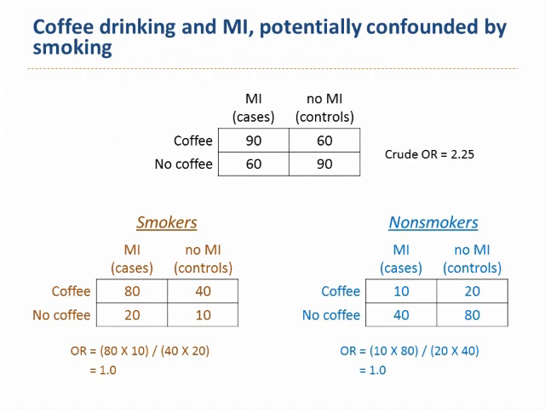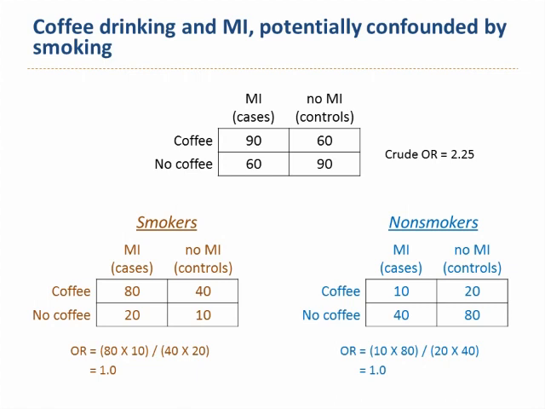So again, let's illustrate this with an example. Returning to our example of coffee drinking and its relationship with myocardial infarction risk, we see that in our crude analysis, comparing cases and controls based on their coffee drinking status, we have a crude odds ratio of 2.25. Now, when we conduct